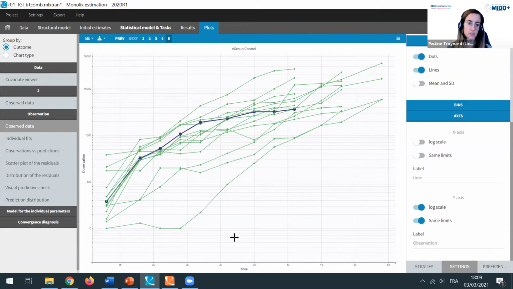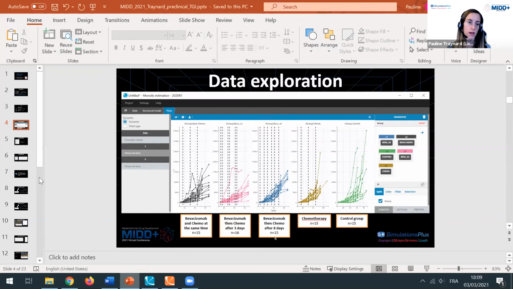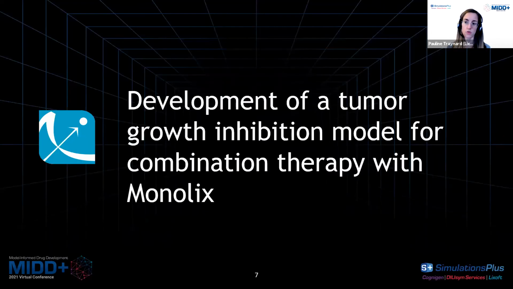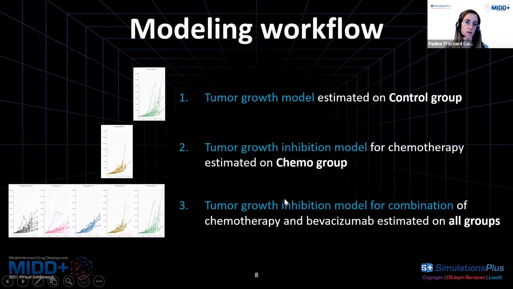So this characteristic noted during data exploration will help us to choose a good model for the tumor growth and combination therapy. So I will now show on the slide how we build this model in Monolix. As I have mentioned, the easiest is to build a model in several steps rather than directly on the whole data set. And since Monolix can filter part of the data set for the analysis, it is very easy to